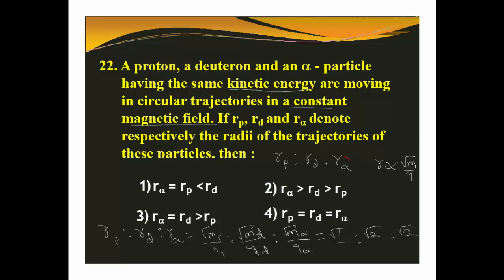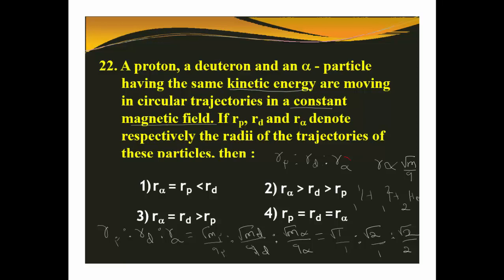And what about the charges? It is 1, divided by 1. It is divided by 2. See here, how you got this equation? Mass of proton is root 1 by 1 because we have 1H1, 1H2, 2He4. Proton means 1H1, deuteron means 1H2, alpha particle means